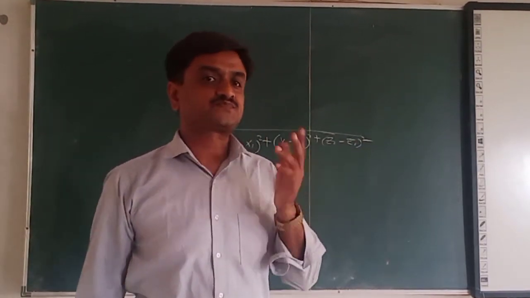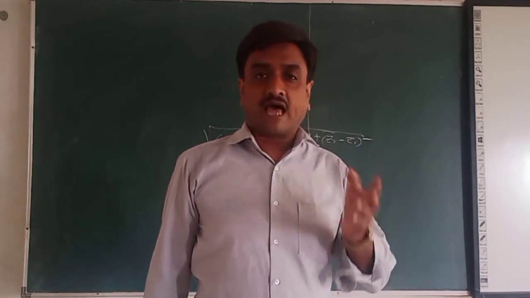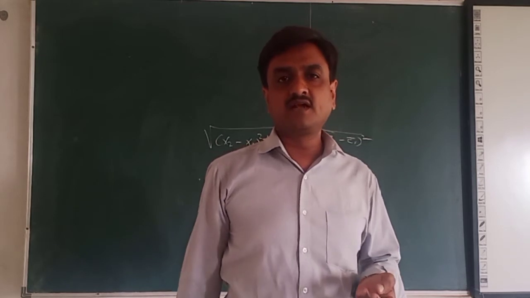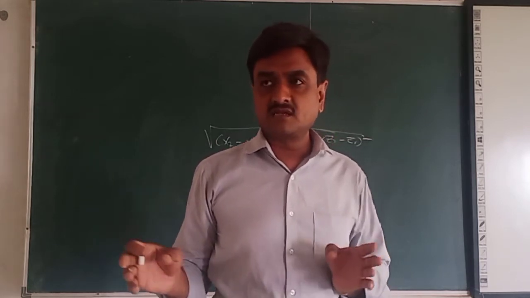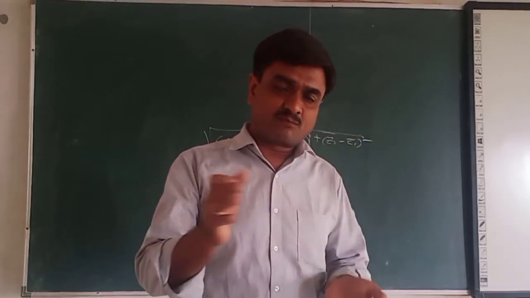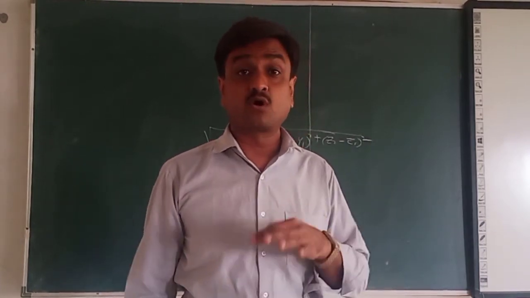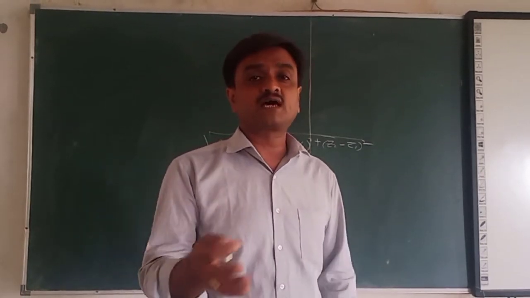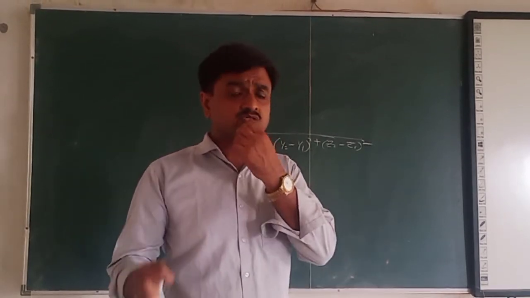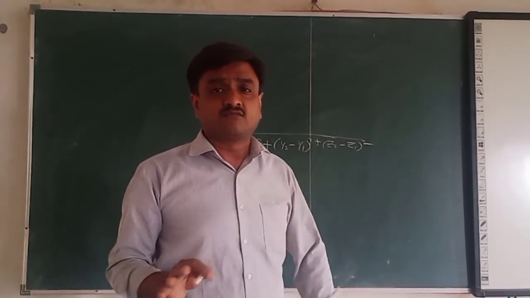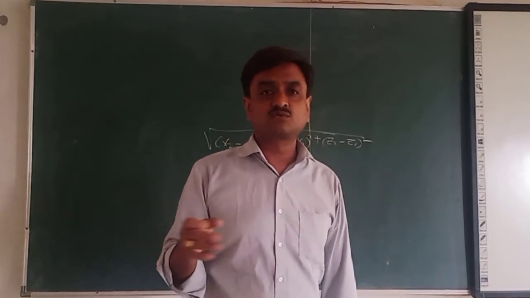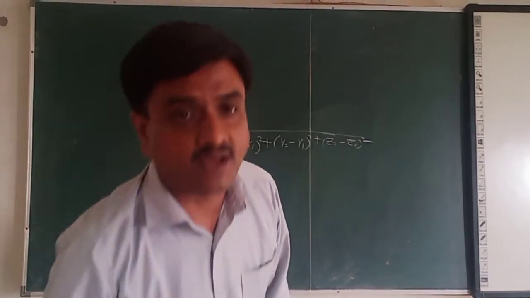The distance formula is available, but it is complicated in the cylindrical coordinate system and spherical coordinate system. Therefore, if the point is given in the cylindrical or spherical coordinate system, we will first convert that point into the Cartesian coordinate system by coordinate transformation, and then apply the same distance formula. So we have to remember only one distance formula, which is available in the simplest way in the Cartesian coordinate system. So this is about the distance formula.